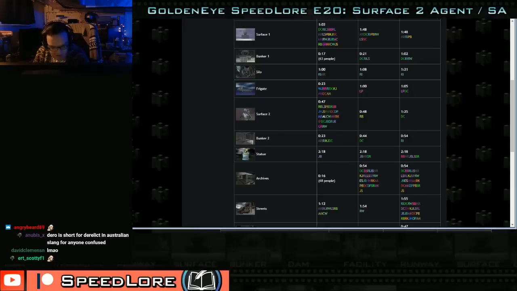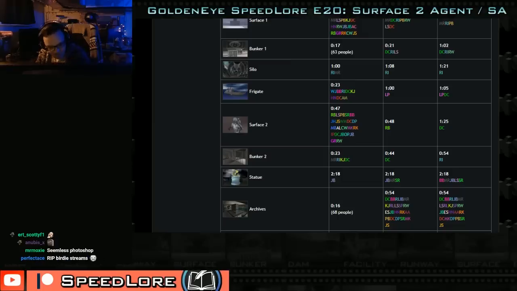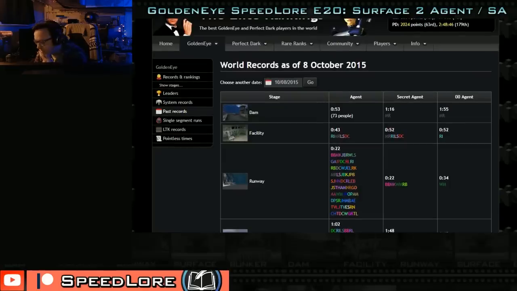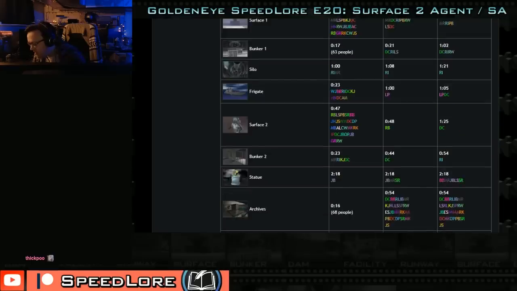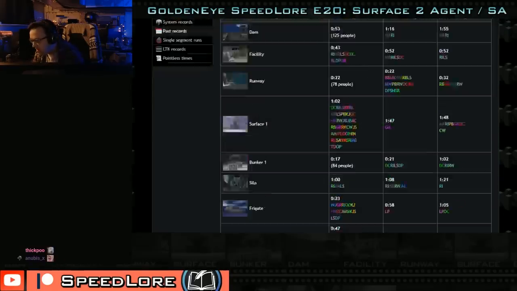And over the next little while, that was the huge explosion of 47s. People throughout 2015, 16, 17 would continue to rack up 47s, but 48 would remain the world record on Secret Agent. Let's skip ahead here. Let's plug in October 8, 2017. At this point, 22 people had 47. Jumping two years ahead, and now,